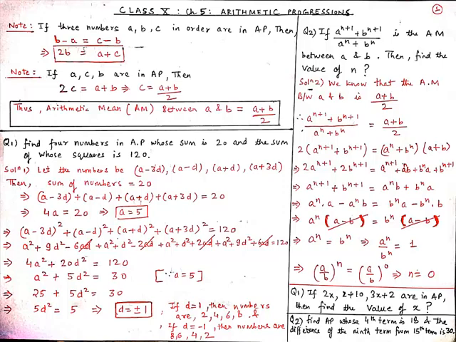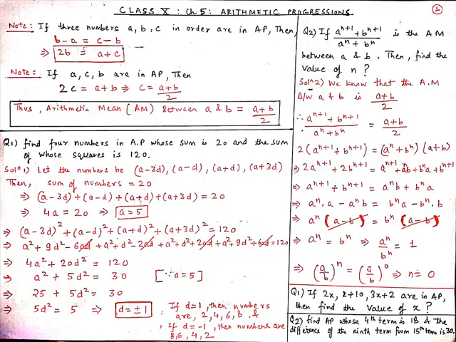So when we shift a to the power n into b in LHS, this is equal to b to the power n a, and then minus, when we shift b to the power n plus 1, which is equal to b to the power n dot b, in RHS, we get minus b to the power n into b. So in LHS, when we take a to the power n as common, in bracket we get a minus b, and this is equal to, when we take b to the power n common in RHS, we get a minus b. So from here, a minus b and a minus b will get cancelled out, and we get a to the power n is equal to b to the power n.